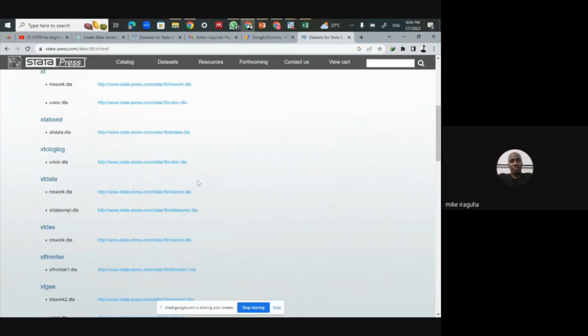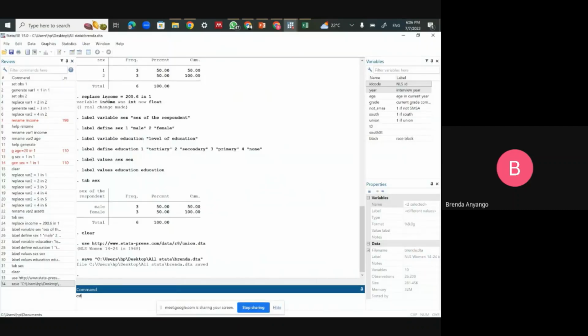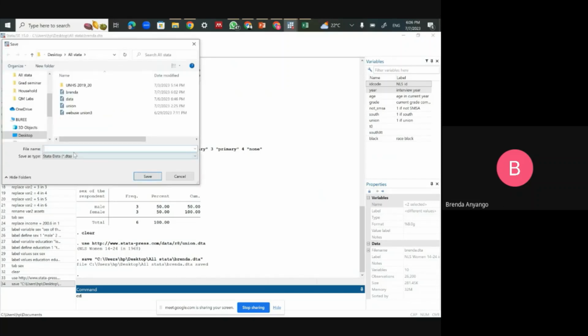However, you said you saved it somewhere. Oh, okay, you didn't save. So after getting the data set, you have to save that data set because you're getting it from the internet. You have to save it in your PC. So I came to the file, go to save as, then give it a name. Just type any. Me, I saved mine as Brenda, but you can type any name that you want. So when you save it,